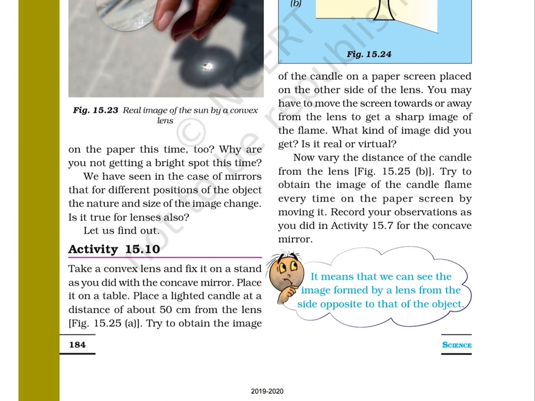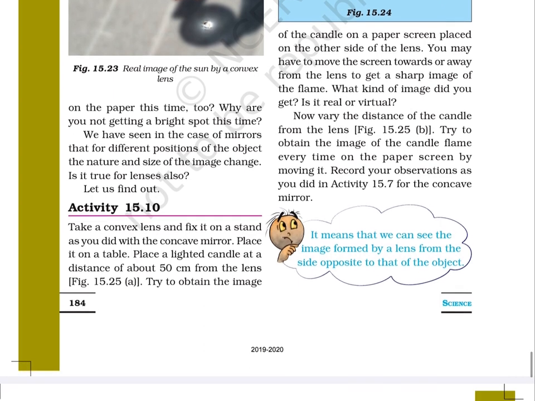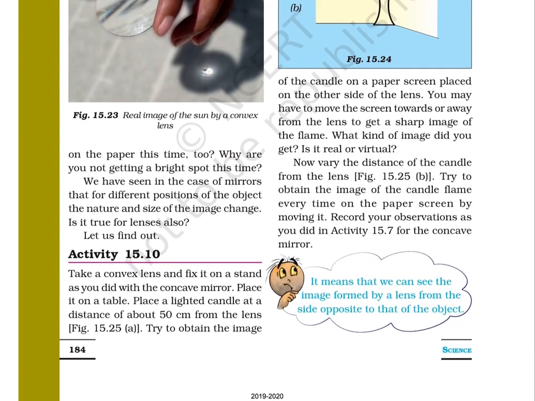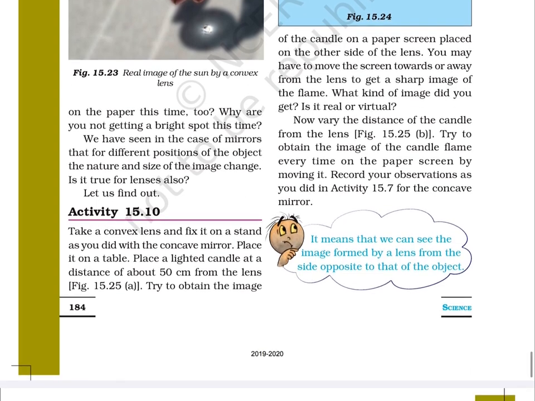Note: a convex lens converges or bends inward the light generally falling on it. You can observe this in figure 15.24a. Therefore, it is called a converging lens. On the other hand, a concave lens diverges or bends outward the light, and it is called a diverging lens. You can observe this in figure